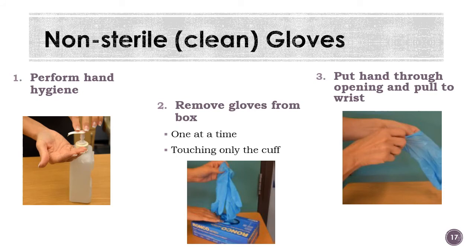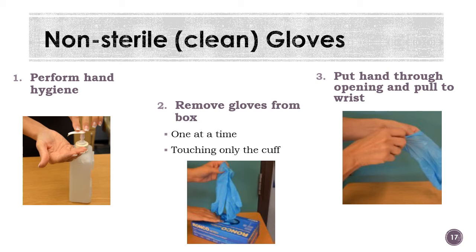Okay, so how would one put on gloves? We're going to just look at how to put on non-sterile gloves. The first step always is to perform hand hygiene. This is either using the alcohol-based hand rub or the soap and water hand hygiene technique. You have to follow that complete procedure with all the different rubbing, palms together, back of palms, all those have